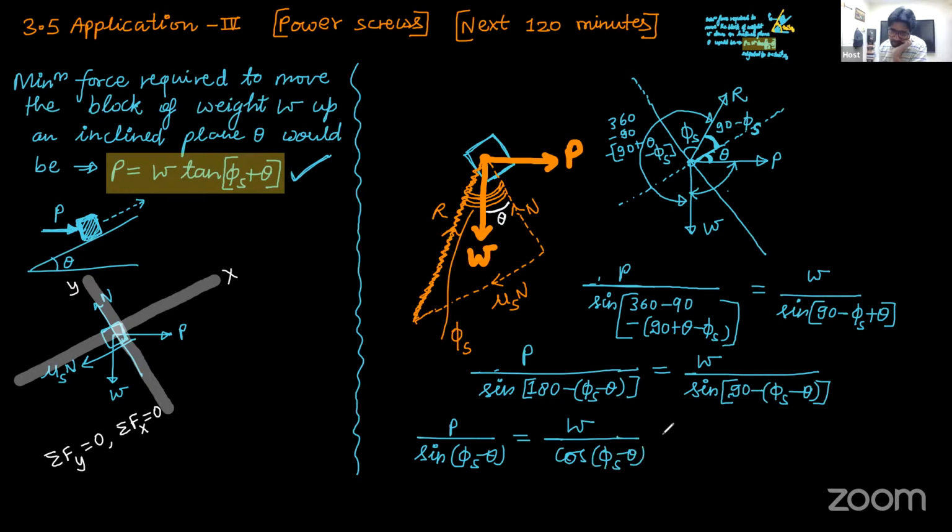Now I take this sine phi s minus theta to the other side and I get W tan phi s minus theta. But I should have got tan phi s plus theta, no? Tan A plus tan B upon 1 minus tan A tan B is